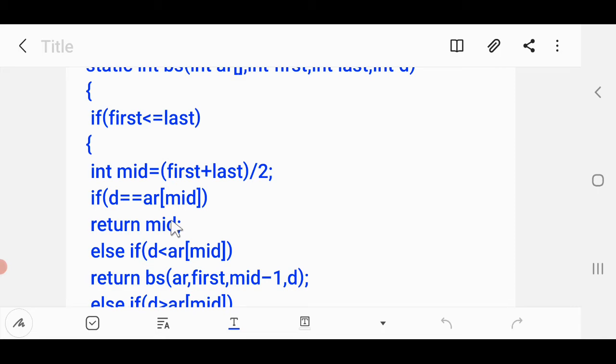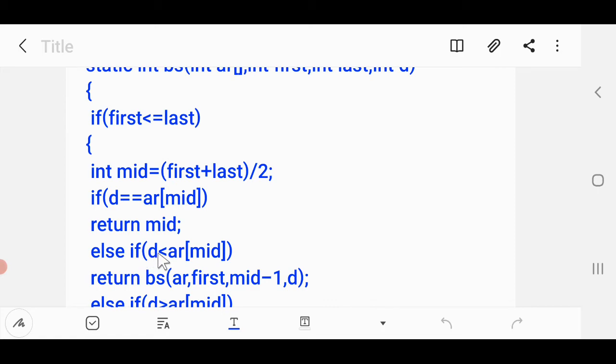That is, mid will be the location. So here I have just written if d double equal to ar[mid], then return mid. That's it. That simply means the data has been found. Otherwise, else if d less than ar[mid], if it is less than, what do we need to do?